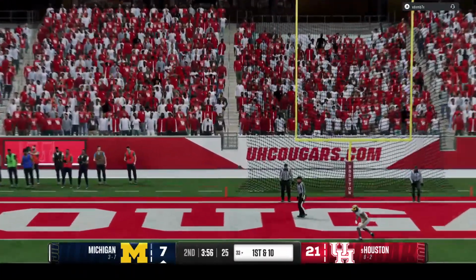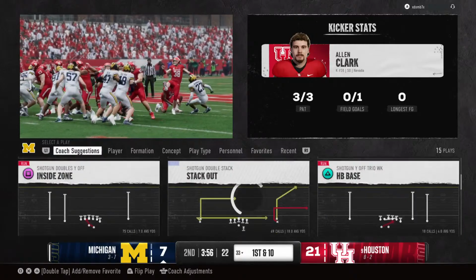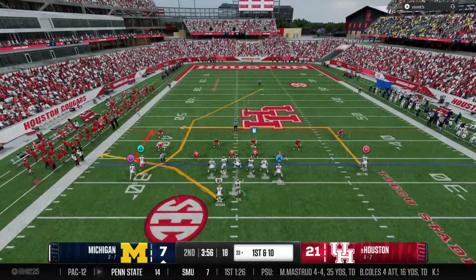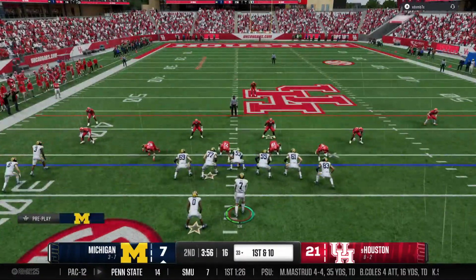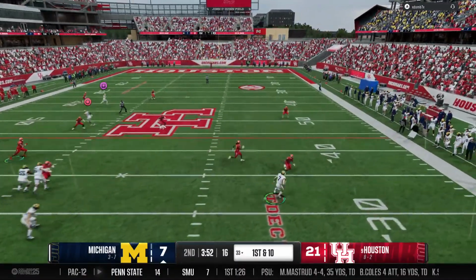And he missed it. No good. Missed the field goal, missed the chance to make it a 3-possession game, but still a 14-point lead, guys. And here comes the Michigan offense back on the field. The last time they had it, they took it down the field for a touchdown. They can build some confidence that they...